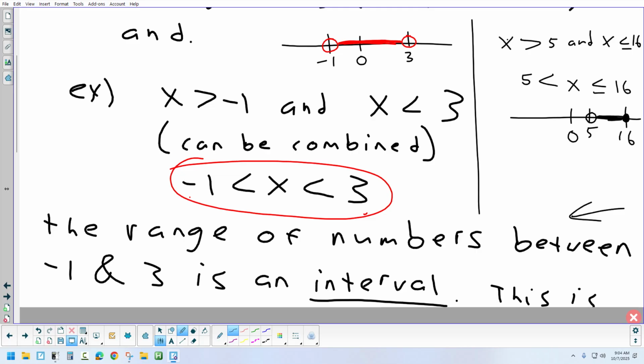Okay. So any question on taking an inequality and combining it? And if you wanted to split it again, well, there's one of them. And there's the other one. Okay, in the purple box, it's x is greater than 5. That's the first one. And then in the blue box, x is less than or equal to 16. So sometimes you want to take one that's combined and split it into 2, or take one that's 2 and